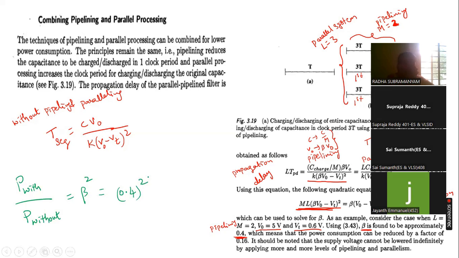In percentage, it becomes 16%. In percentage, it becomes only 16% power is required compared to 100% when the case is without pipelining and parallel processing. Okay. So only pipelining introduced, it comes at 36%. Only parallel processing introduced, it comes as 43%. When both are introduced, it is coming as only 16% power consumption when both parallel processing and pipelining are introduced in the FIR digital